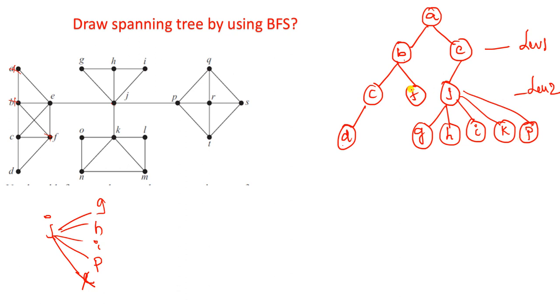Okay. So is any element still pending in level 2? No. Now come to level 3. So level 3, what is the element? D. Does D have any incident? C and F are there, but C and F are already visited, so no need to write them again. Now come to the G. G has H and J. These two are also visited, so no problem. And come to the H. H has G and I. These are also visited, so no need to write them again.